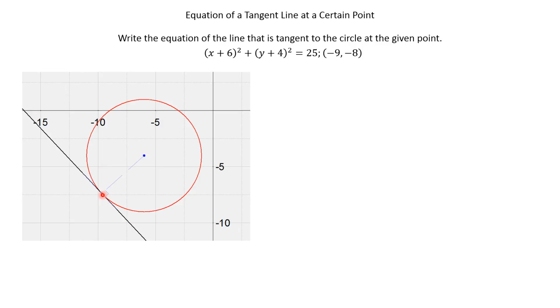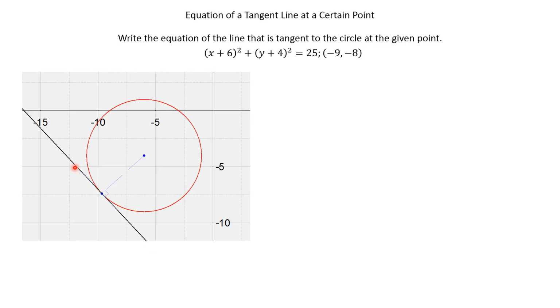So at about -9, -8, it should be closer to here, but it's close enough. We get the idea. We're going to find the equation of this line. Now, a couple things to point out that'll be a review from geometry. We have the radius and the tangent line, as is notated on this diagram, are perpendicular. And so, if we can find the slope of this radius, we can figure out the slope of the tangent